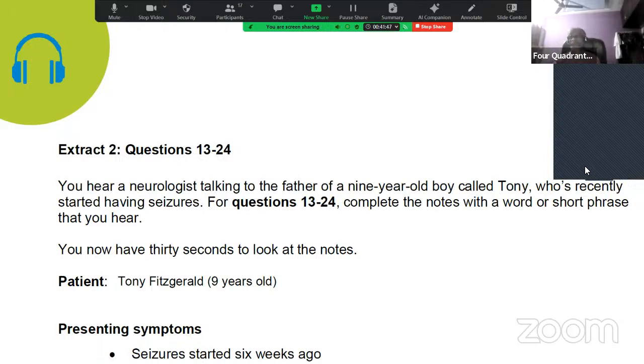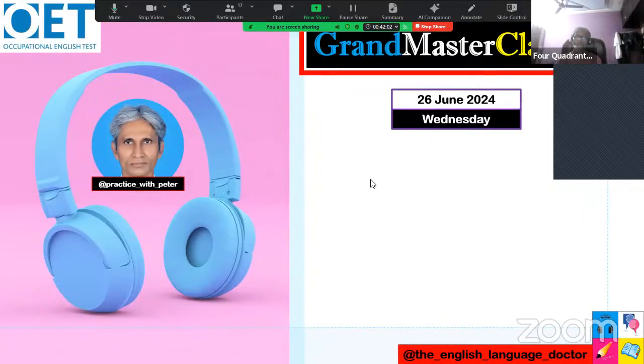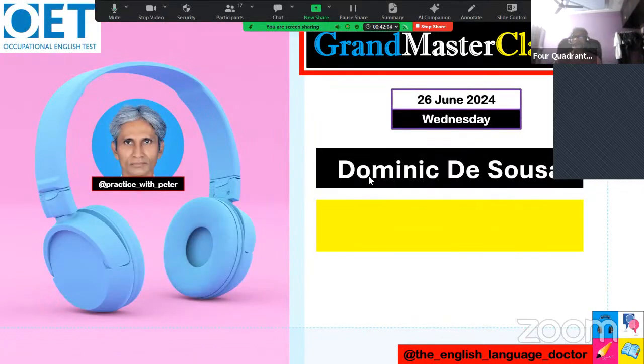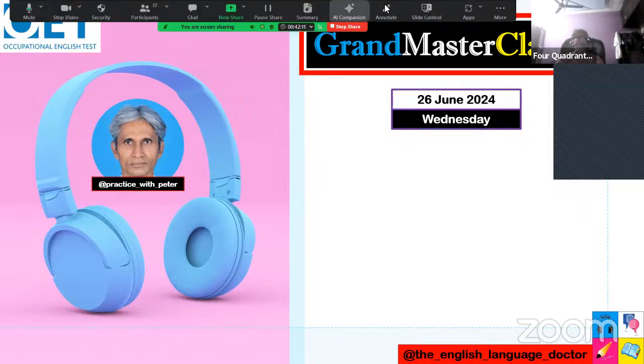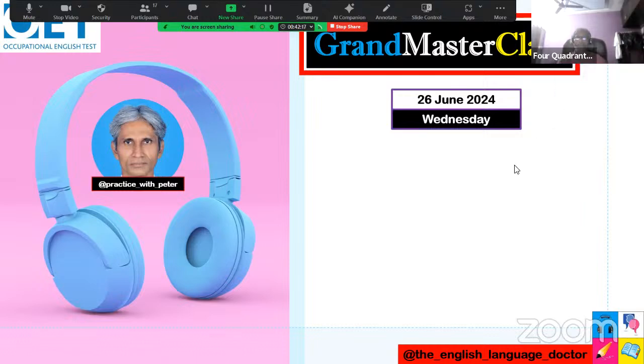So this is one particular task. Okay. Now we are going to our required task. This is Tony Fitzgerald. So till now we have seen Tony Fitzgerald. Now we'll go to the next one, which is important for us, that is Dominic Sousa. I just gave you an idea before. First, let us finish our first part, then we'll go to the second part.